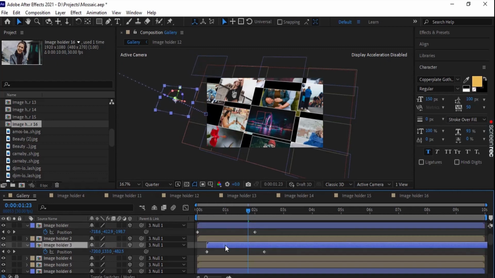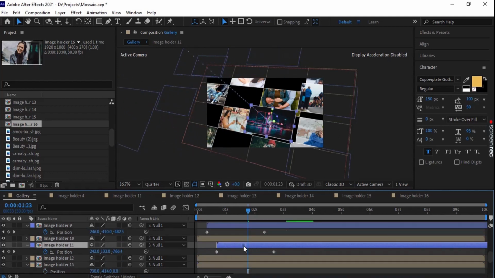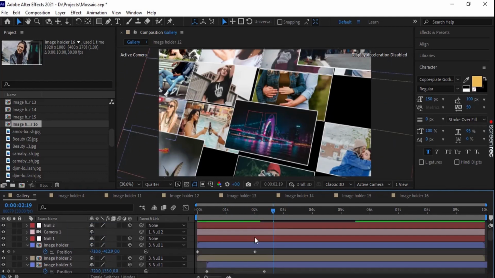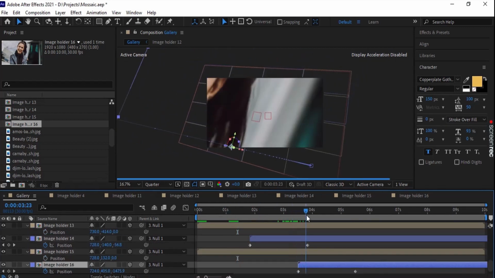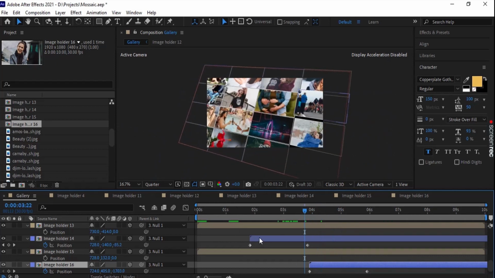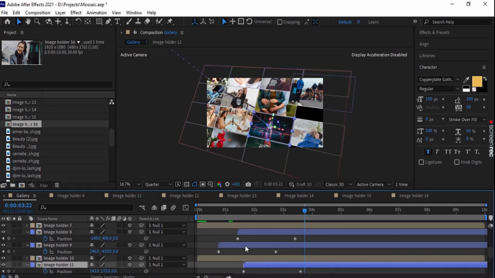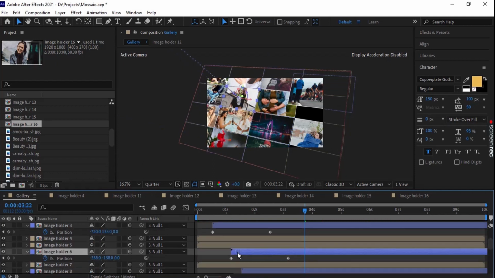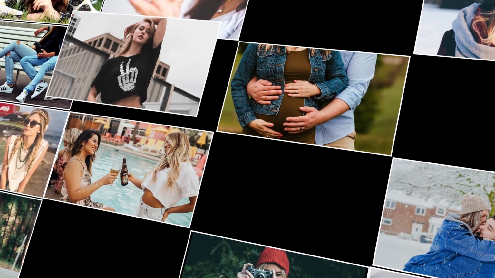Like this. Let me check the preview. Wow, it's looking perfect now.